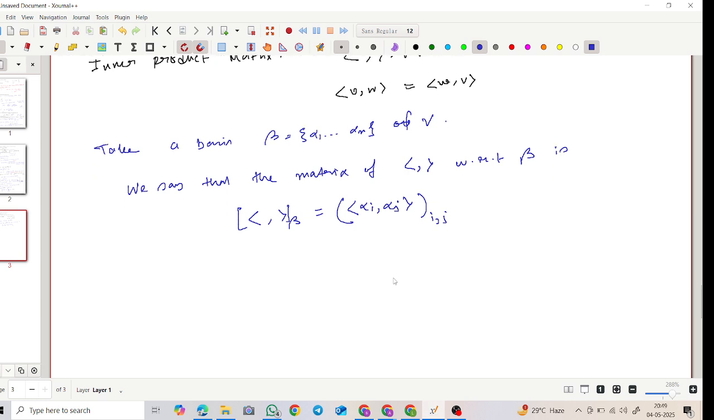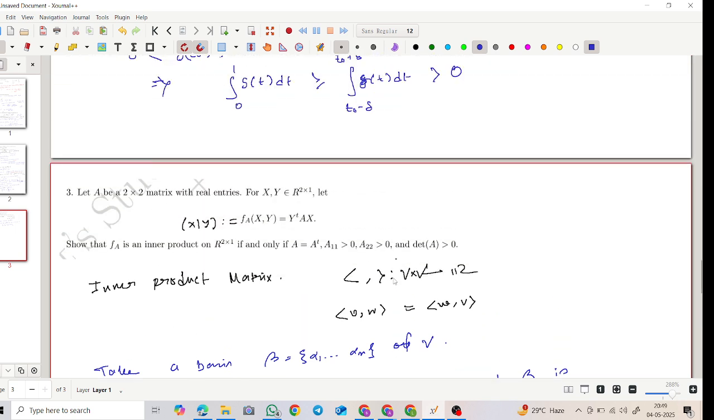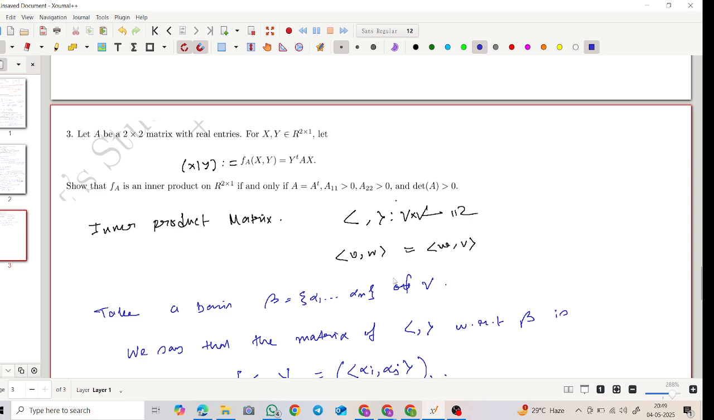In your question, you have written A11 positive, A22 positive, determinant positive, right? If we have A11 positive and determinant positive, A22 automatically becomes positive. Why? If A equals A transpose, it will be like A, B, B, C. If A is positive and AC minus B square is positive, you need C to be positive. So that's a redundant